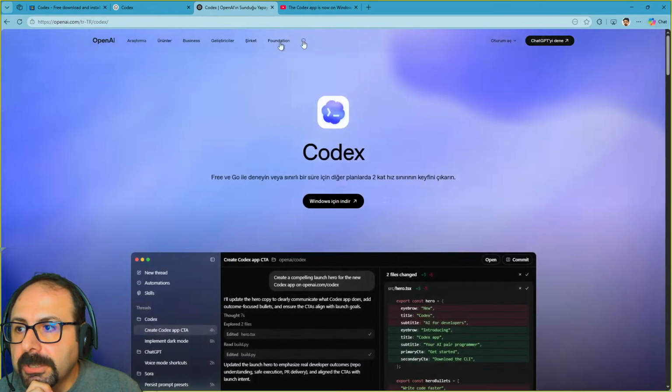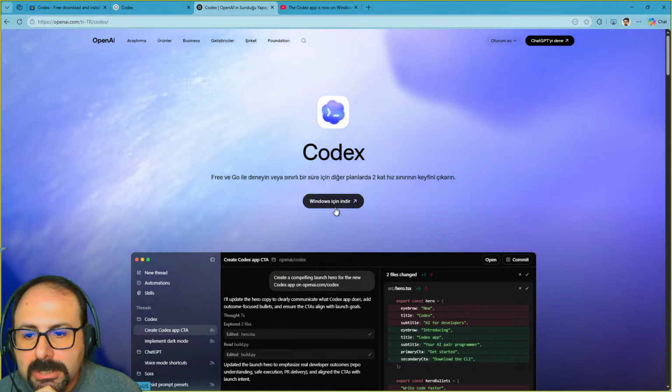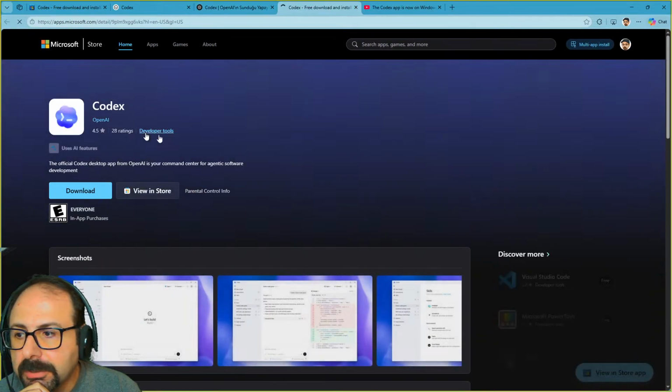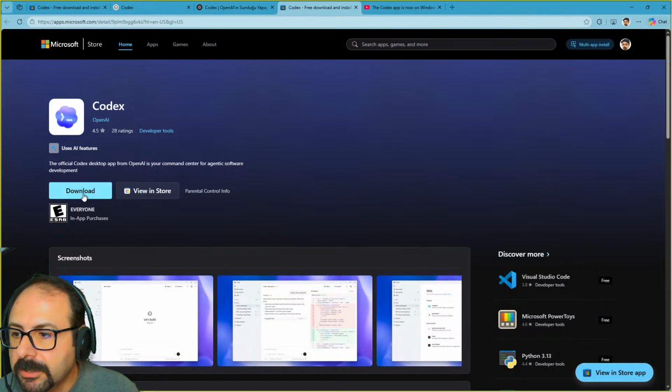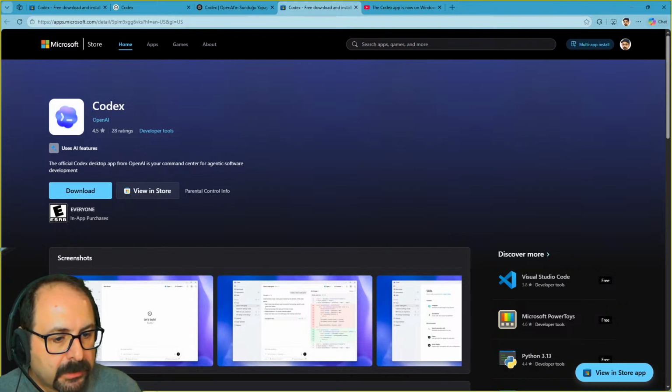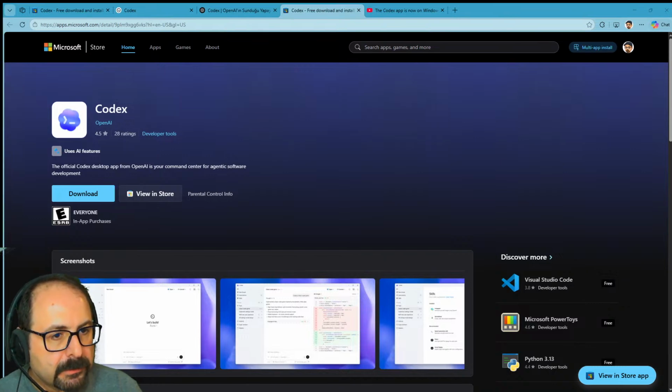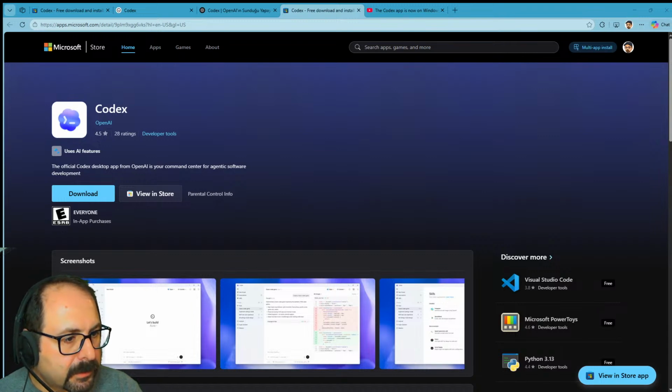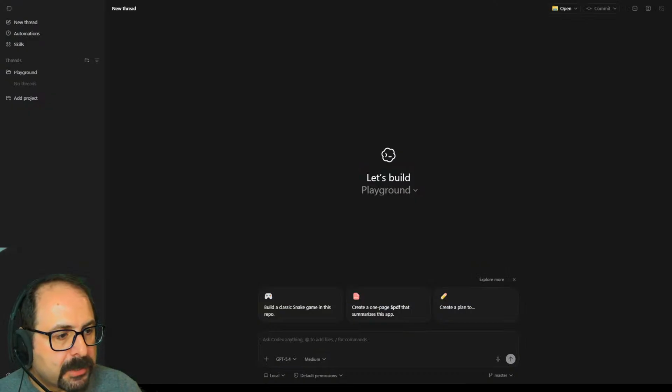You can go to OpenAI.com and choose Codex, download for Windows, and it will go to the Microsoft Store, and you can download. And the application I already downloaded a few minutes ago. Here, just a second, I'm switching. This is the Codex application,